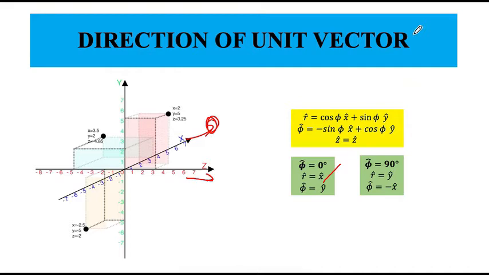Again substitute over here. Phi is equal to 90, cos 90 is 0, sin 90 is 1. So you are going to get r hat along y. So the vector at phi equal to 90, the r hat vector will be pointing along the y direction. At any other point it would be pointing along a different direction depending on the value of phi. So what is the lesson here? The direction of vector r hat depends on phi. This is a very, very important lesson which is not found in the Cartesian coordinate system.